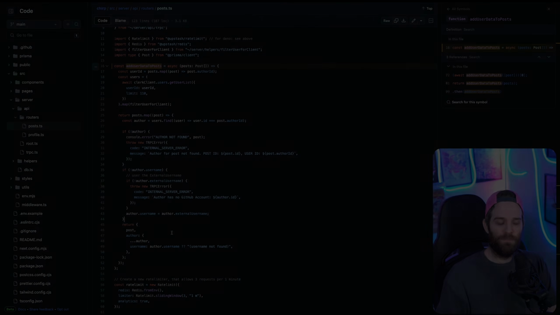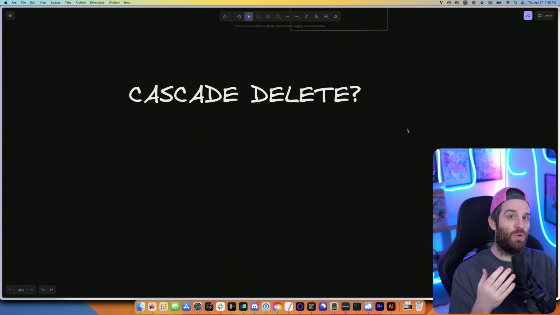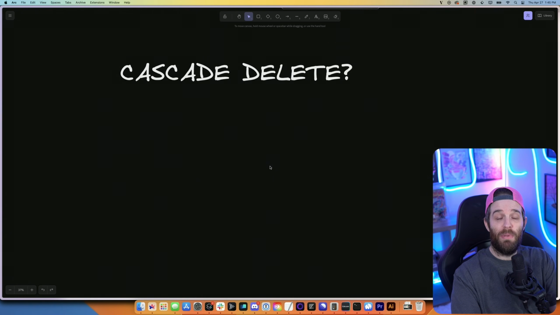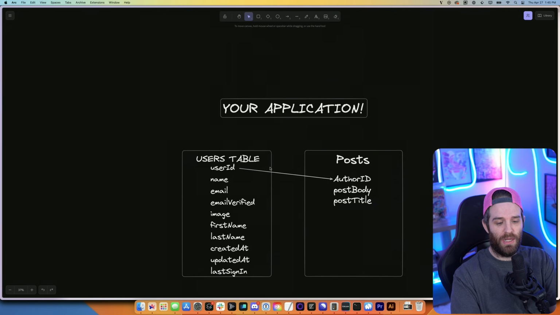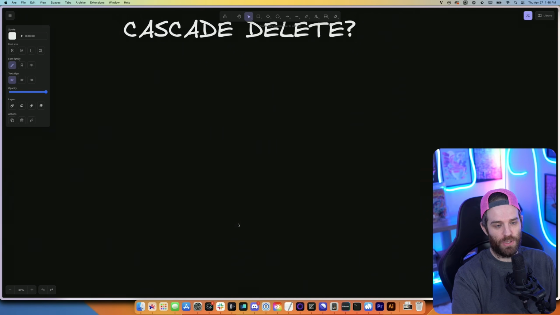So for the final thing that people push against when I'm talking about user tables is cascade deleting, where you delete the user and then all of their subsequent data. But this works just the same whether you're using an auth provider or you're using a users table. When people often think about cascade deletes, what they think about is this user ID here on my users table or my accounts table or whatever table you're using holds that cascade delete. So when you delete it, everything that is attached to that user is then subsequently deleted. But it works the same way if you're using an auth provider, especially if you're using something like Clerk.